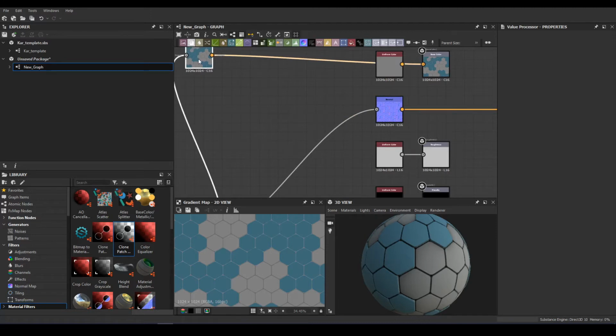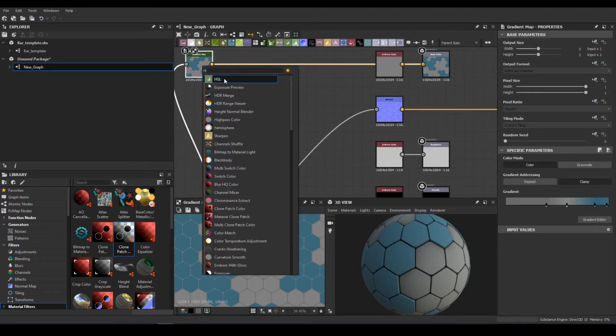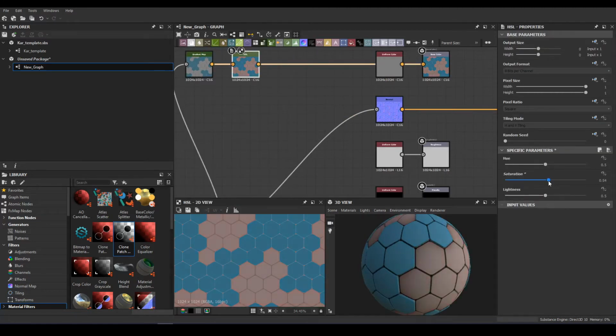Make this type of connection. I will try to increase the saturation,